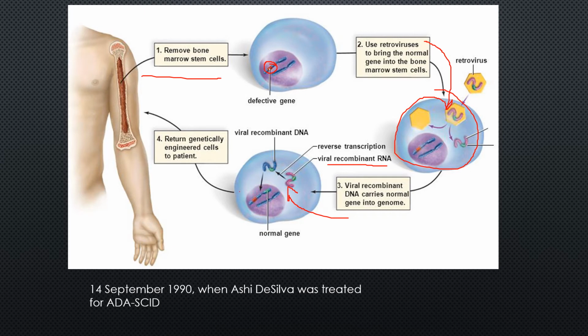Then we take these cells that are now genetically engineered and reinsert them back into the bone marrow, where they replicate. When they replicate, they're also replicating the gene that's restored for ADA. So now we have DNA replication happening in stem cells, and we're going to have cloning of that segment of DNA over and over again. That restores health to the children. So that is an example of gene therapy.